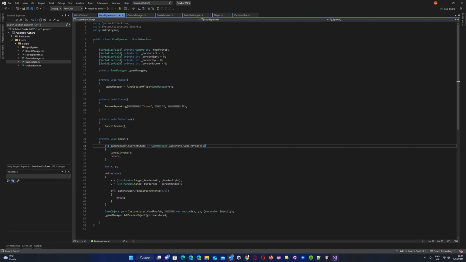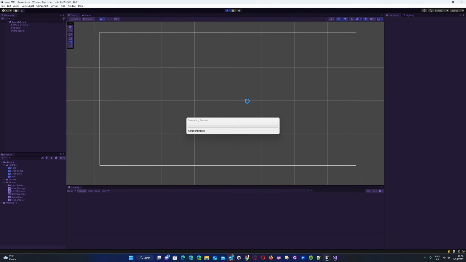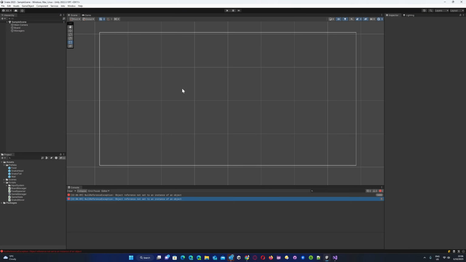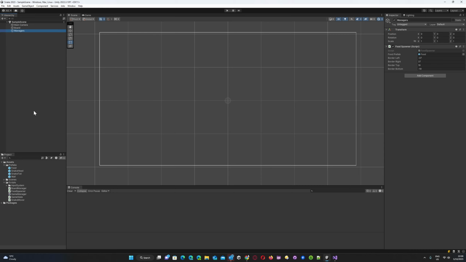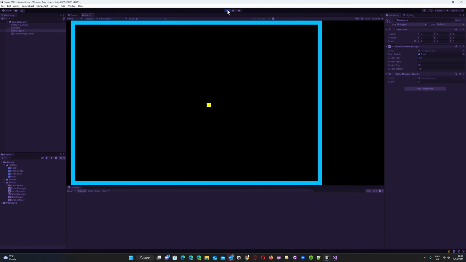So we can go back to the food spawner and we're going to have a few errors. So what we're going to do is fix them by changing them to gamestate.inProgress, and we should be able to press play. Oops, we've still got a problem. So we missed one. What I forgot to do is in the managers here, I didn't add the actual game manager. Now, if we hit play,